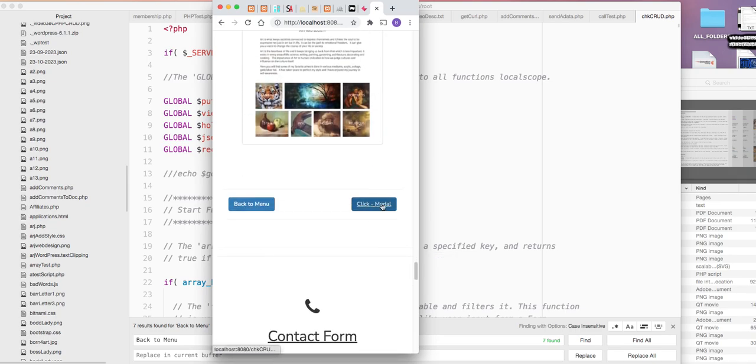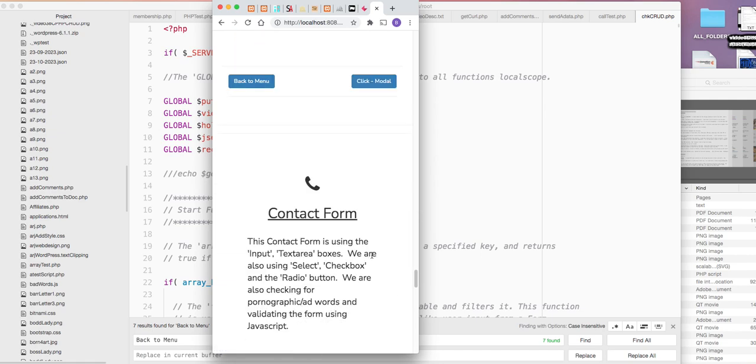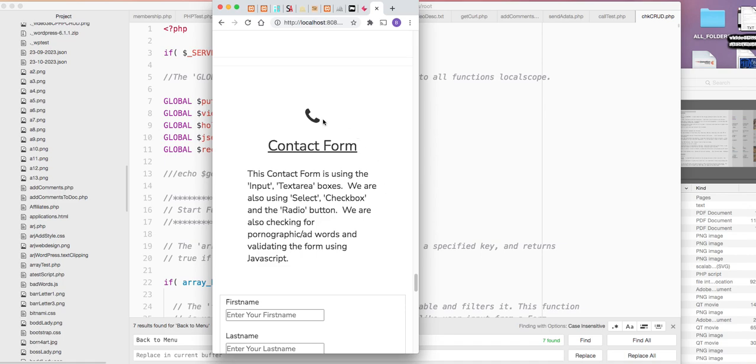I even gave you a modal too, you know, like those little pop-up things. I'm going to show you that. And of course, your contact form, I added the little icons and all of them. Remember, we got that from